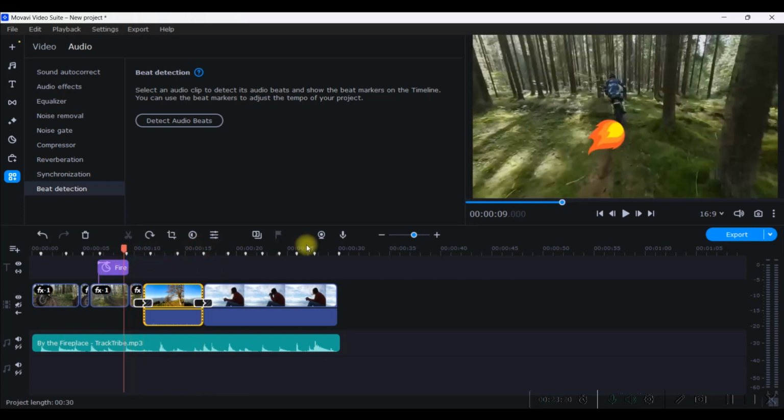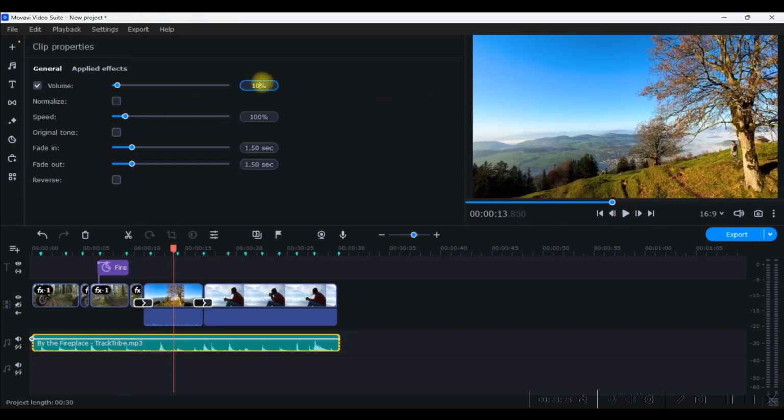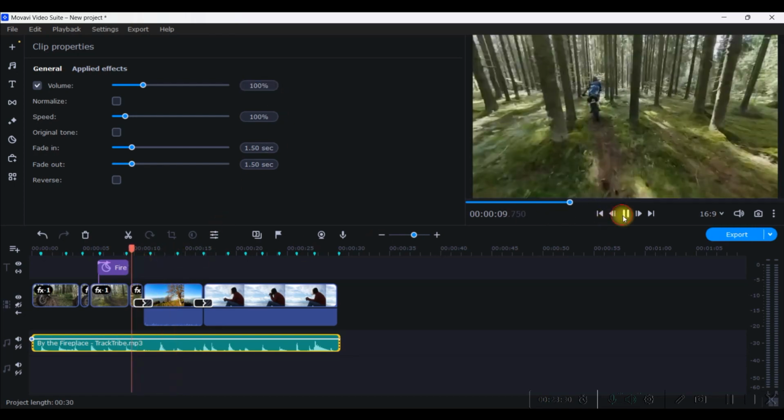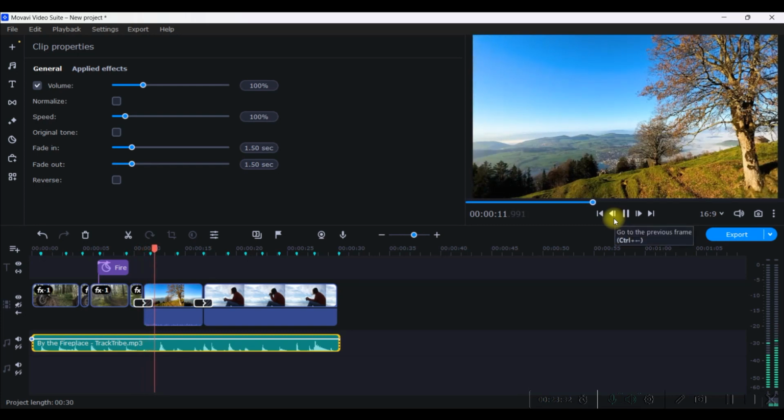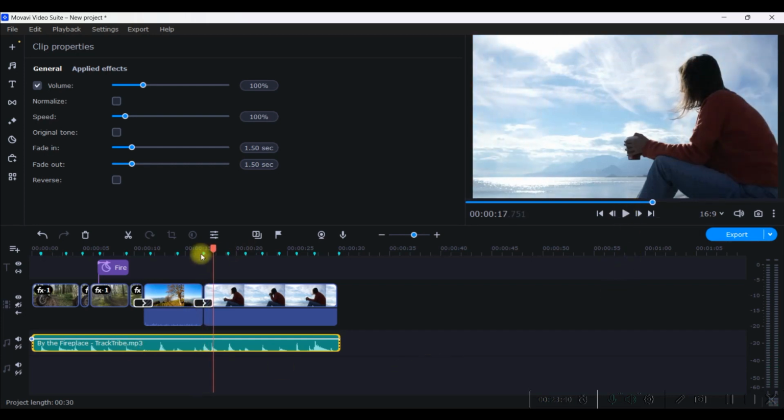So it should be following the beat. Let us see. Let us change the audio to 100% so that it is audible to you for the time being, and check how it is sounding now. So the beats will fall on the transitions, the junctions of the screen change. This really creates a beautiful cinematic effect in your content. So this is how you can actually make your beat follow your transitions.